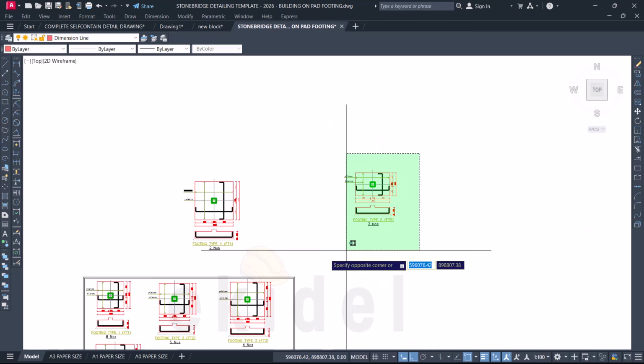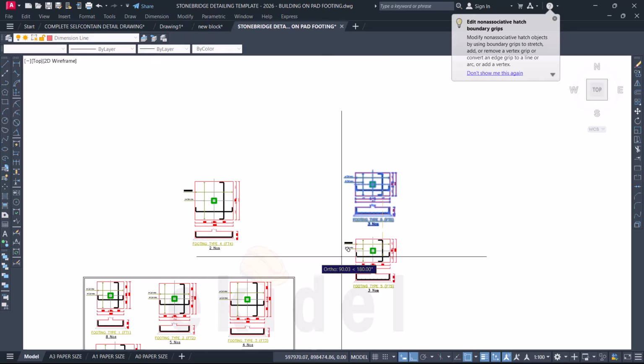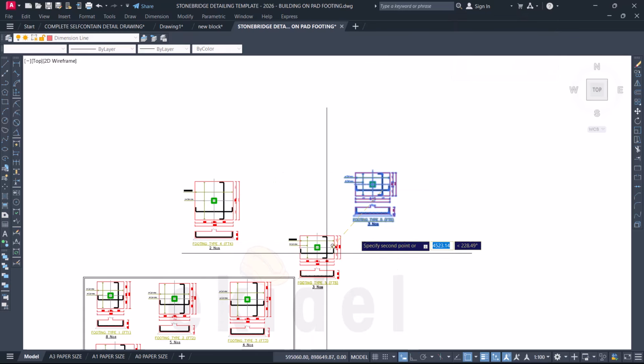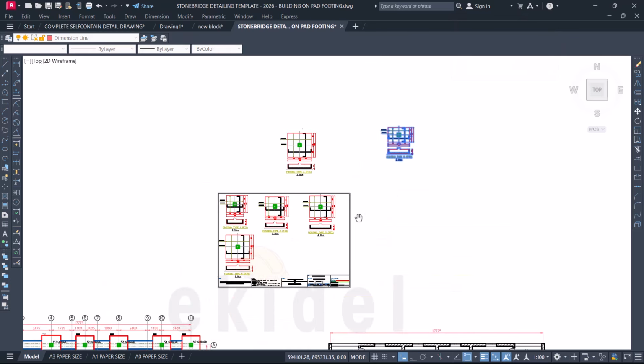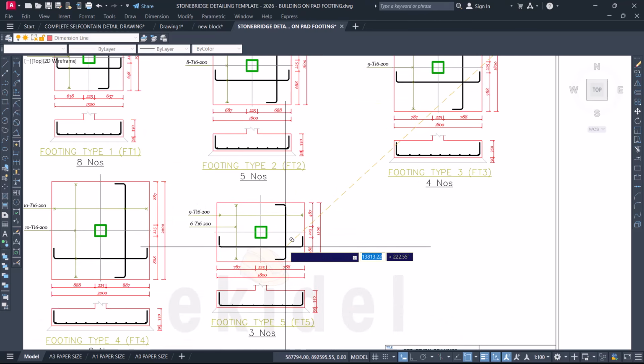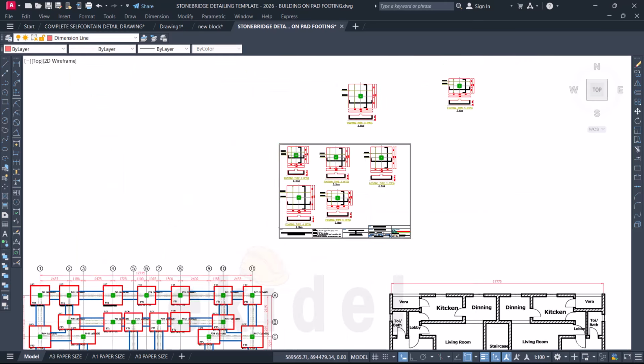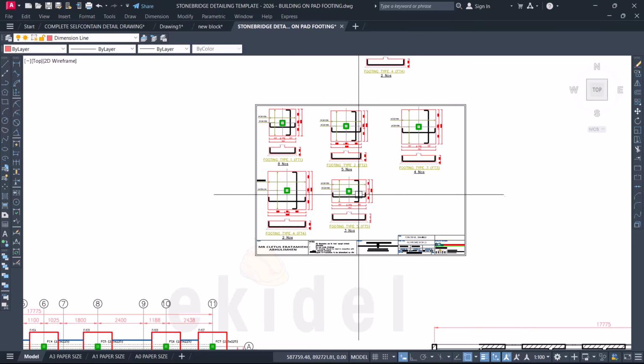We can now copy this or move it. Let me say copy. Copy actually is okay, because I'll use it for the next one. Copy it now. Come here and place this here. Footing type 5 has 3 number doors, and place it here. Now our final one is the footing type